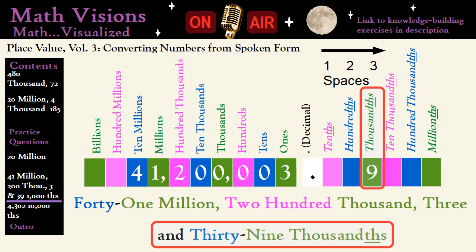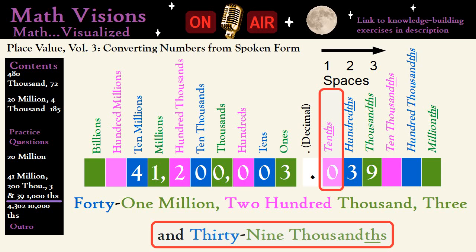So we write 9 from 39 thousandths, 3 spaces to the right of the decimal. Next, we write 3 from 39 thousandths just to the left of 9. But if you notice, we still have a blank space between the decimal and the 3 in 39 thousandths. What should we do? If you guessed put a placeholder 0 here, you're right. Finally, we have